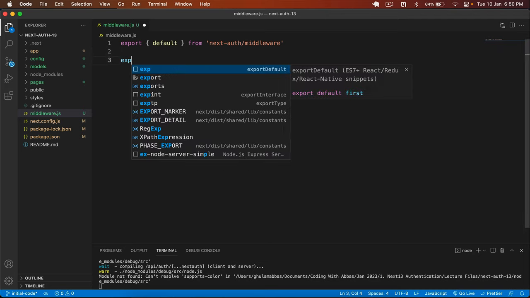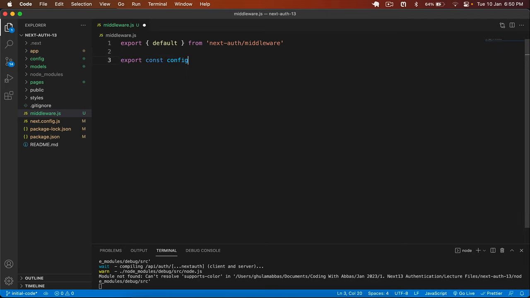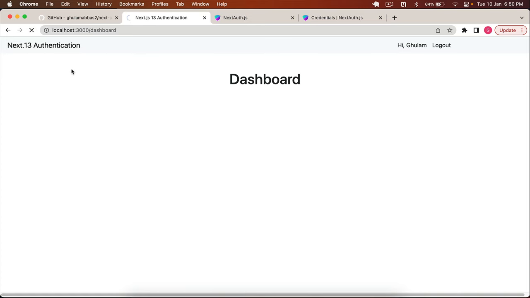I type export const config, and in this config we pass a matcher. In this matcher we pass the array of the routes that we want to protect. I type slash dashboard like this. If I simply save this one, and now go back and reload this page,